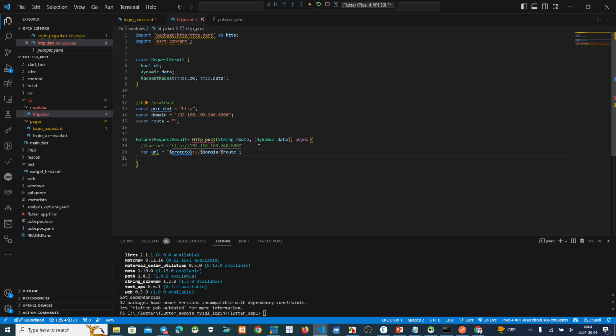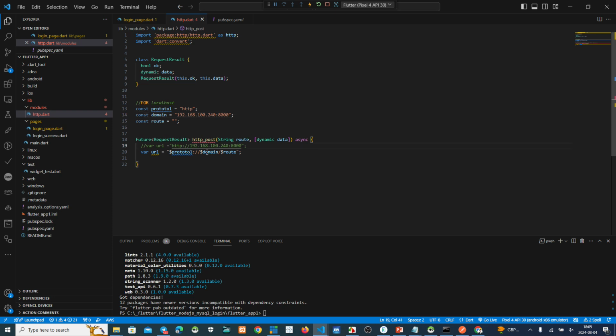Okay. If we use a parameter here, we must make it like this: protocol. The protocol is HTTP. And then the domain is the local IP address. This is my local IP address, and this is my port number. We use port 8000 for this project.